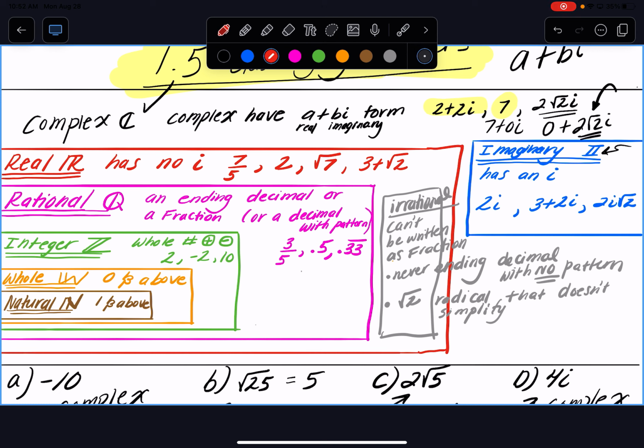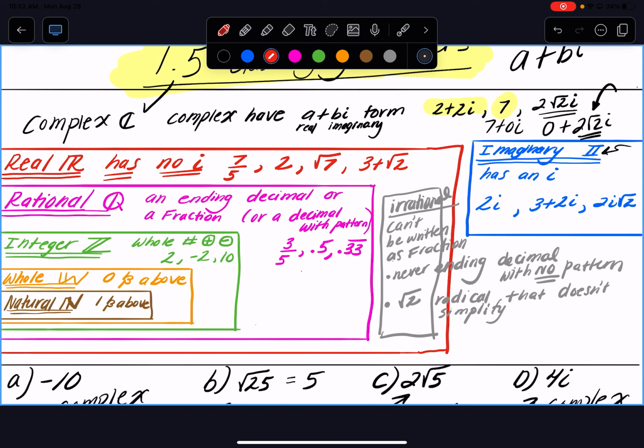We then need to make our way through this list. You then say, if it's not imaginary, it must be real. Real numbers just don't have an i. See, I wrote that. Real, you can just write the word real, or you can use this fancy R. I just write the word real. Real numbers have no i. So these are all examples I've written of real numbers. 7/5, 2, root 7, 3 plus root 2. It's really easy to determine a real number. It just doesn't have an i. Do you all understand? Yes? Okay. Now,